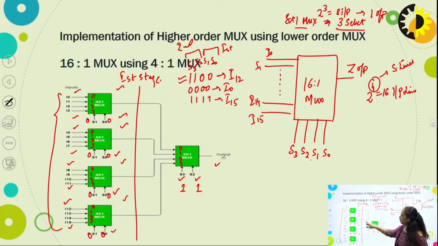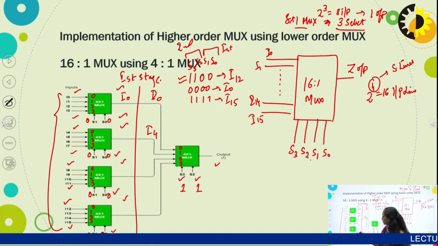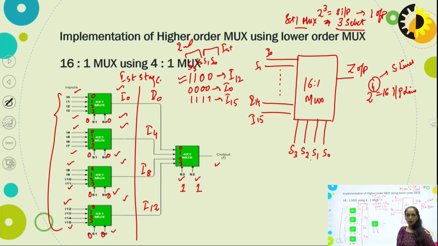Okay, so when the selection line is 0 0, from this first multiplexer, I0 will be present at the output line. So here I am going to have I0. For this 0 0, I4 will come at the output line. Next, 0 0, I8 will come at the output line. 0 0, I12 will come at the output line. So here I am going to have I0, I4, I8,